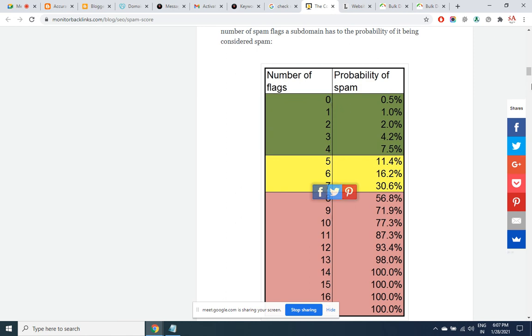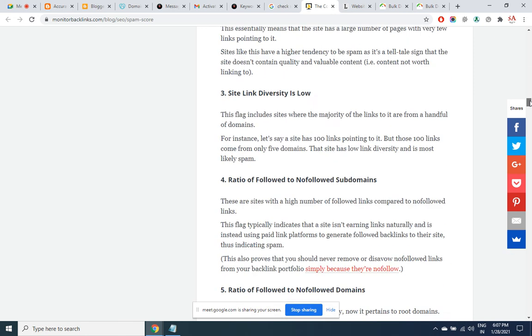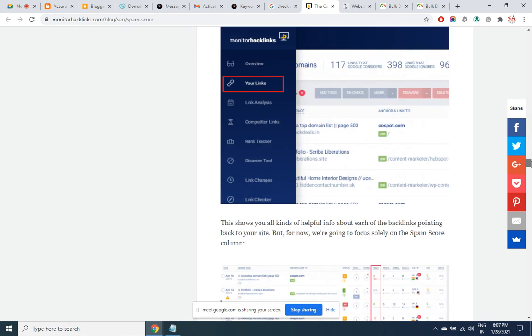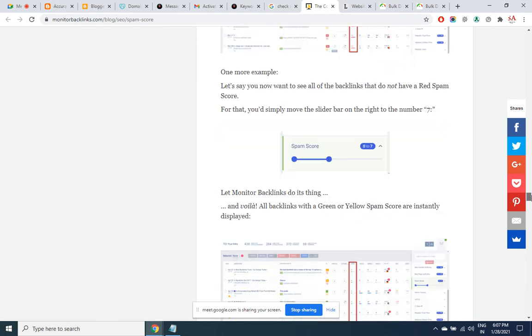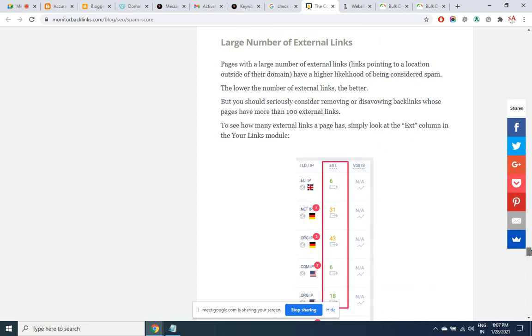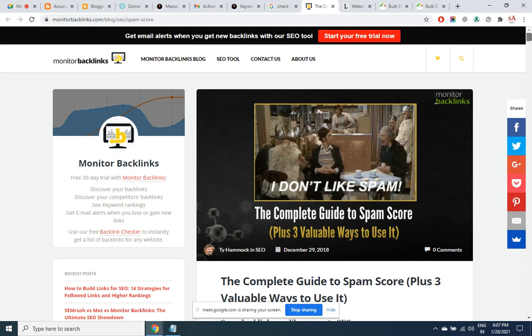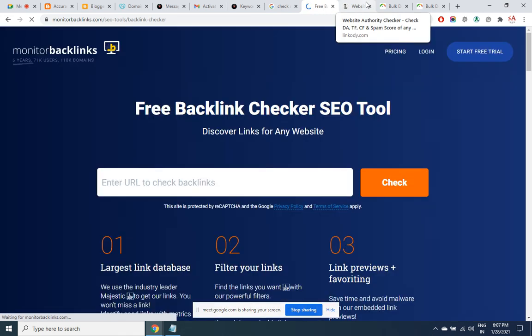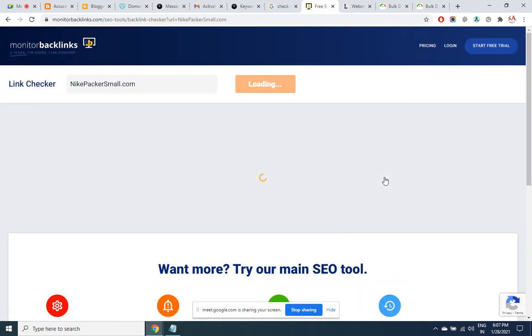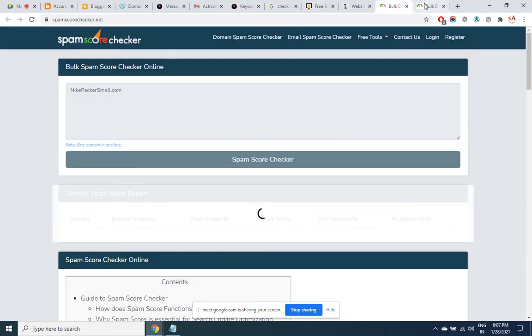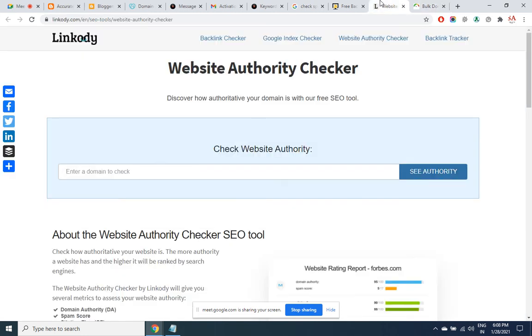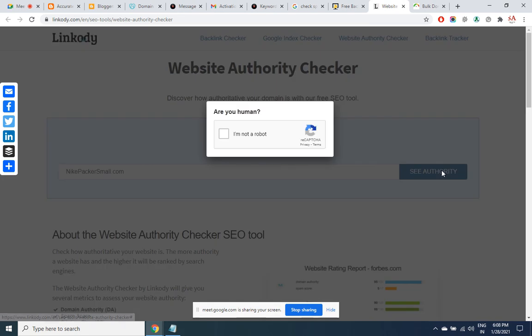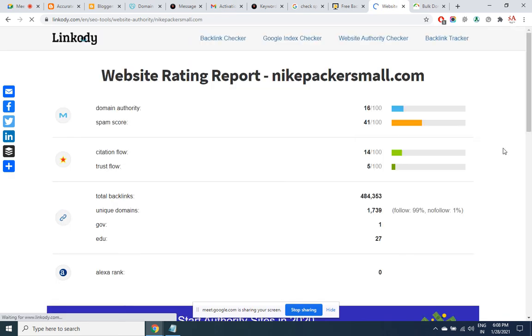It has to be in this green zone. Okay, here it is.